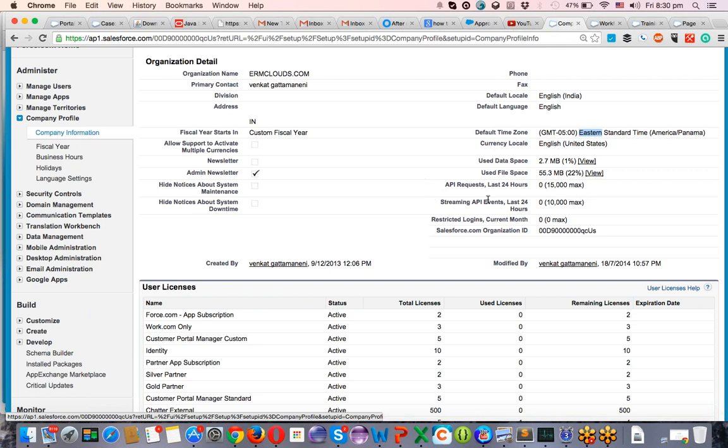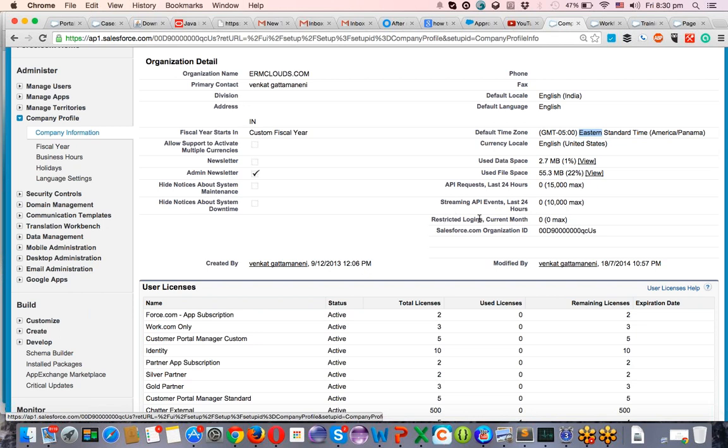This is the governor limit on API requests. You can only request 15,000 times from this edition. This is the overall users' requests, okay, not the specific user. Streaming API request is 10,000 max, okay.